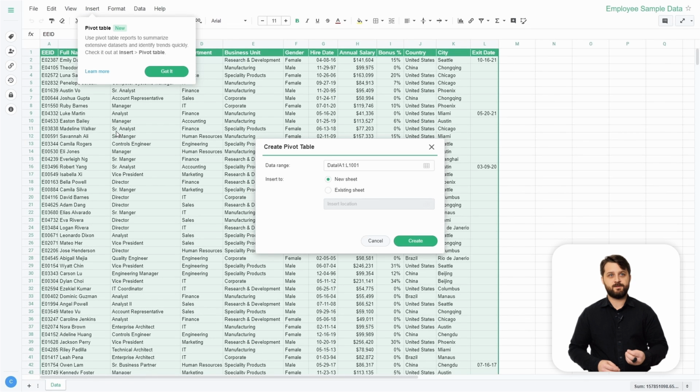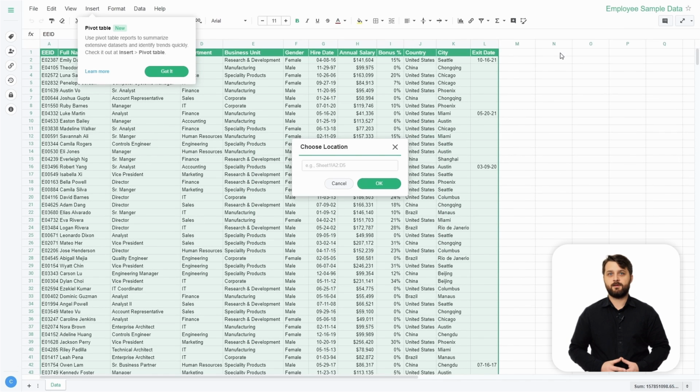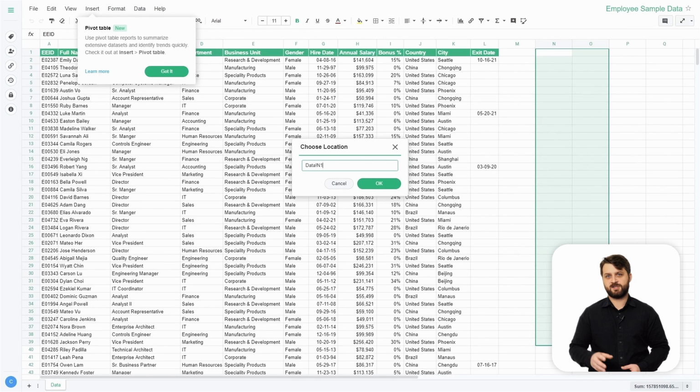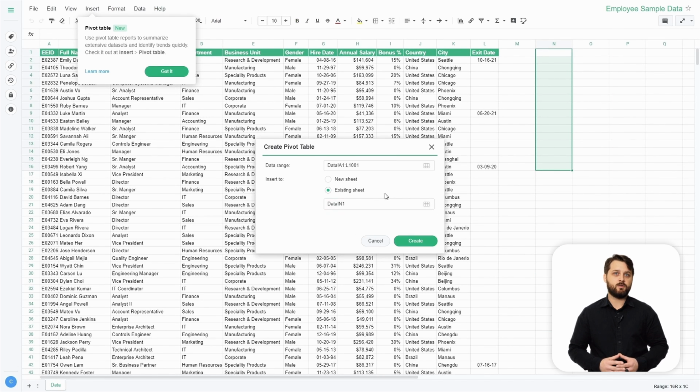We're going to insert our pivot table here and actually select where we want to put this pivot table in the spreadsheet. So we're going to go ahead and do that. We're going to select this second bullet point and go ahead and insert a location for this. We're just going to do it off to the side here. Now, once this is all done, the pivot table menu will open up on the right-hand side.